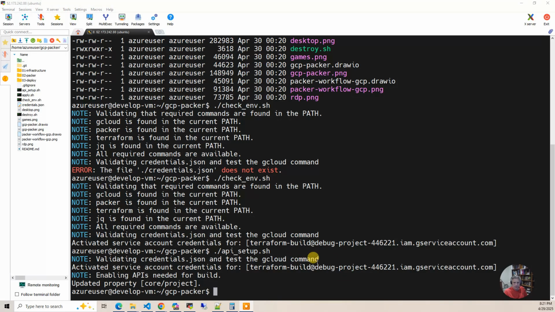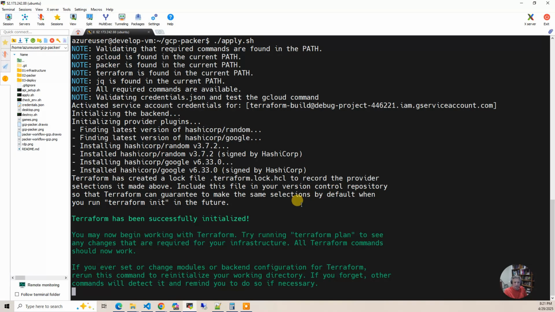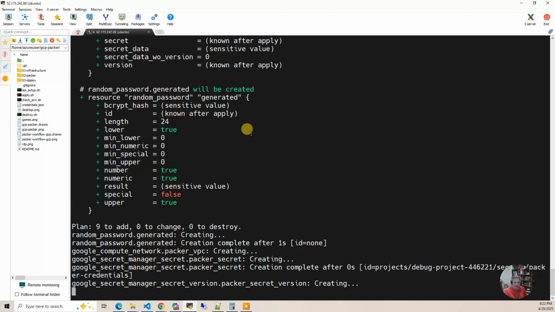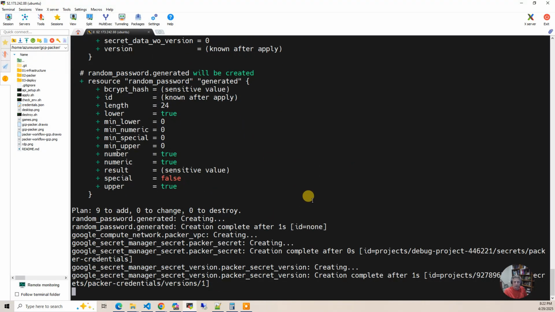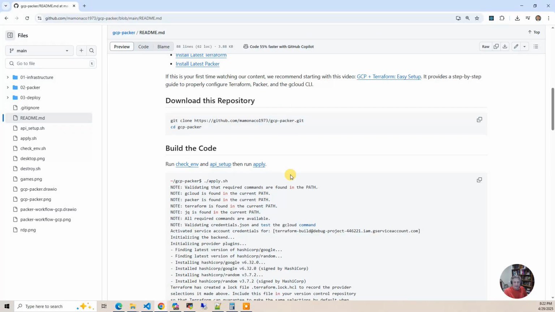Once the APIs are enabled, now we're ready to start the apply script. So let's do that. While it's building, this build takes between 20 and 40 minutes, depending on various options. Before we wait for the build to complete, I'm going to go back to the documentation and go through